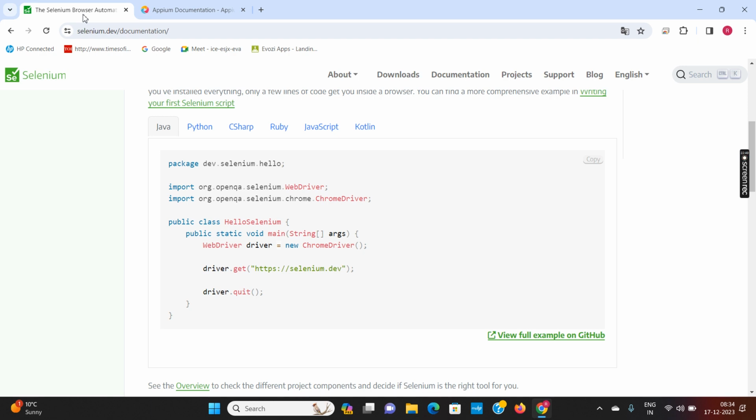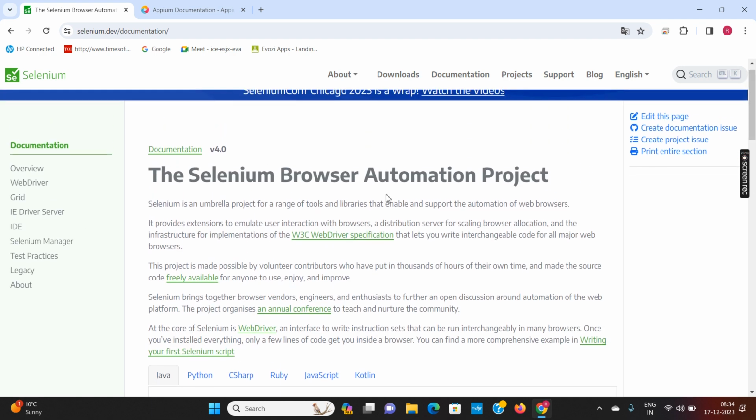How many people go to www.gmail.com or www.facebook.com? You have an app of Facebook on your mobile, an app of Gmail on your mobile, you just use it. So we have to do functional, performance, and UI testing of mobile applications also. Now Selenium, as we have discussed, automates the browser only.